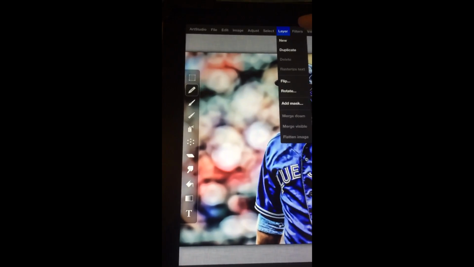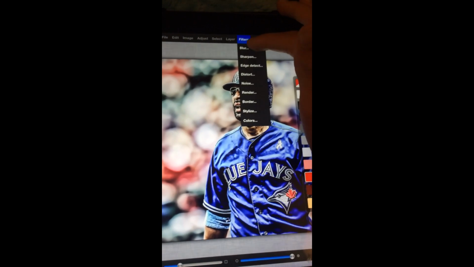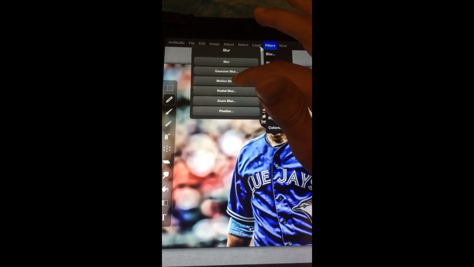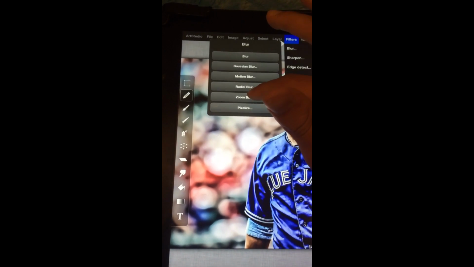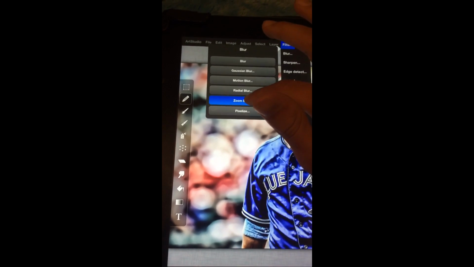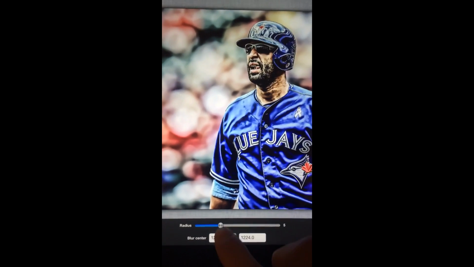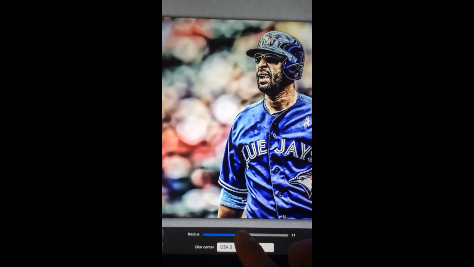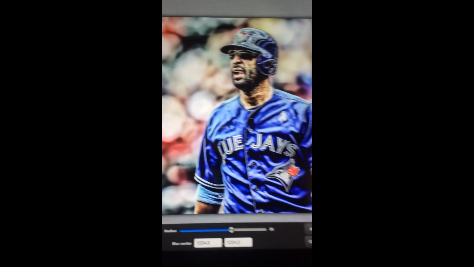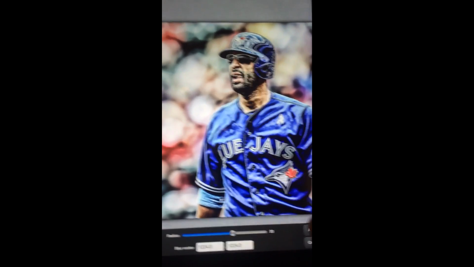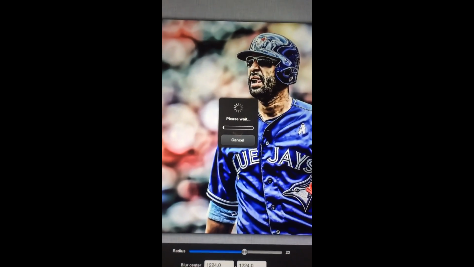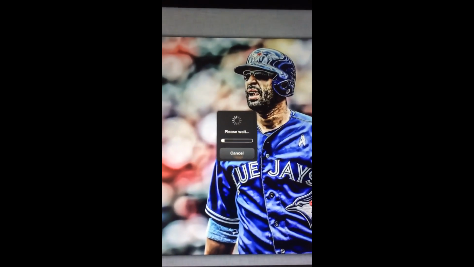Alright, so the next step, you're going to go to Filter, Blur, then Zoom Blur, and just leave the blur center the same, but I think you put the radius at about 23. And then you push preview just to see what it looks like. And this will take a little while to wait, so